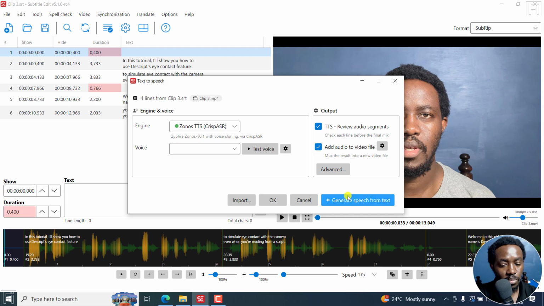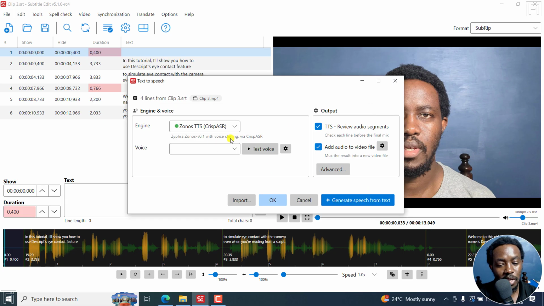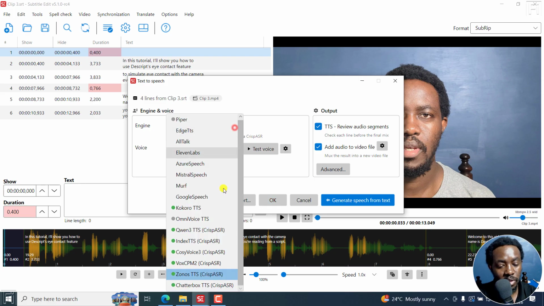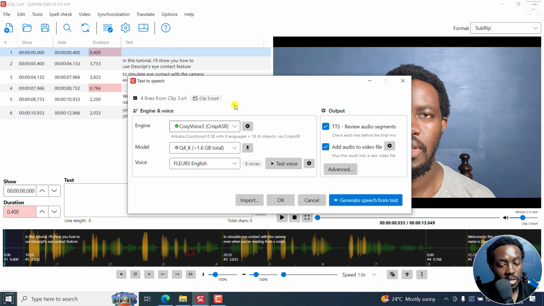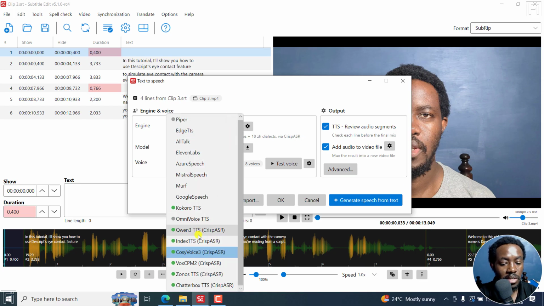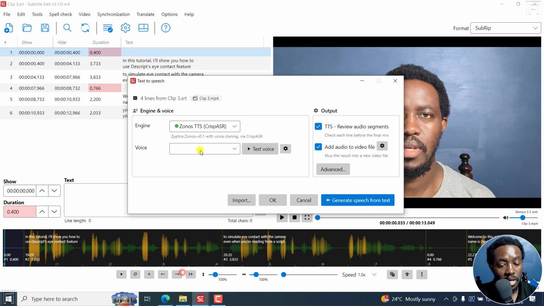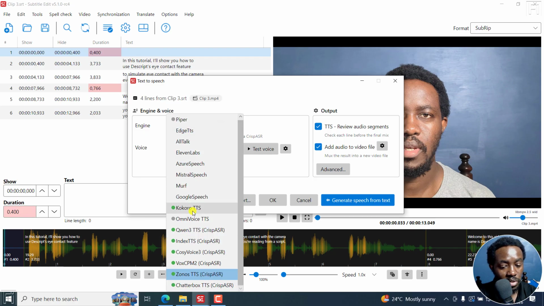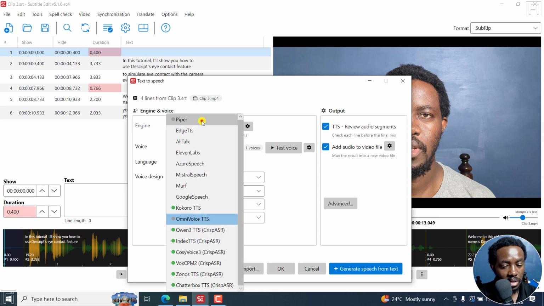Zonos. If I click on this, yes, Zonos, you also need a model. Can we have the model option available as well? Vox, this one has it. Cozy, this one has it. So it's more or less like an isolated situation right there for Zonos. And then we've got OmniVoice, the default voice. Obviously this one you might need to click on this. And then let's see, Piper,